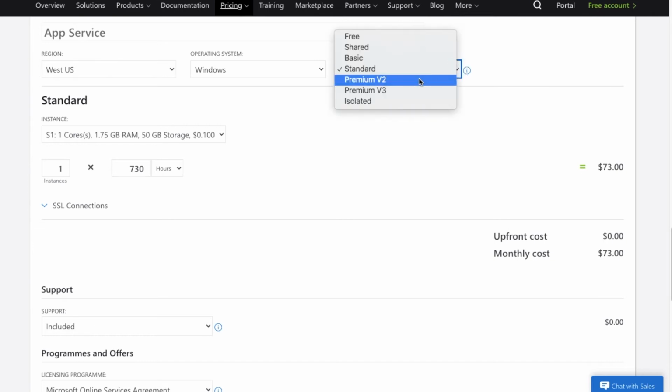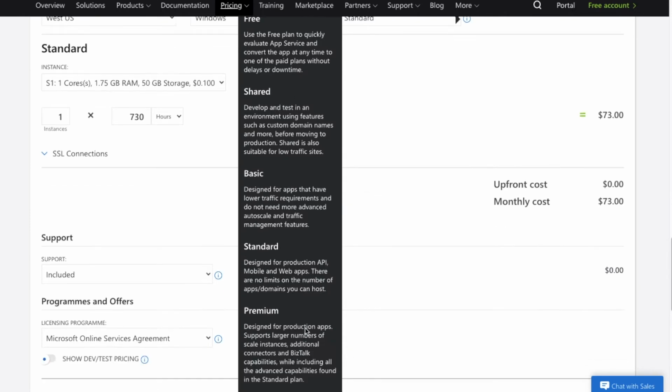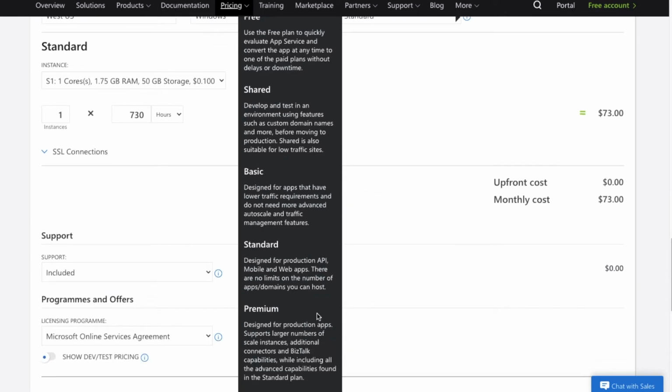For our production environment, normally we select standard or premium v2 or premium v3. You can click on this small information button. Here you can see the definition of free, shared, basic, standard, premium. Normally, only if we have a large number of instances, then we'll go for premium.